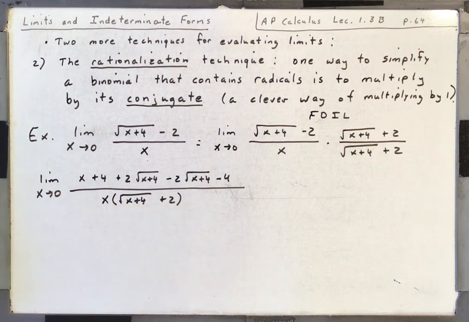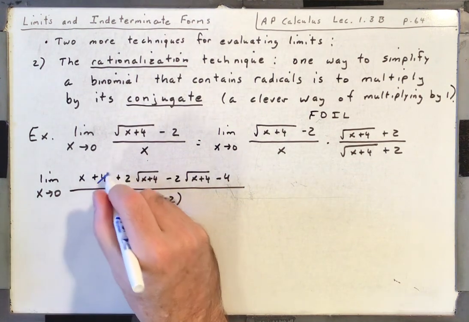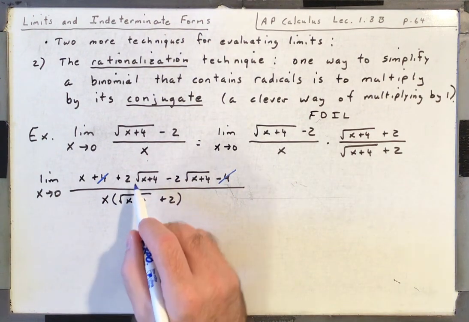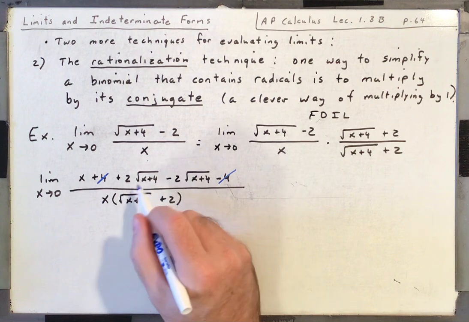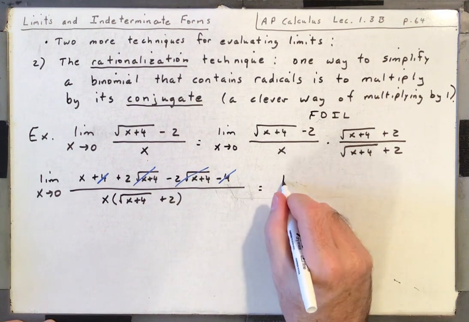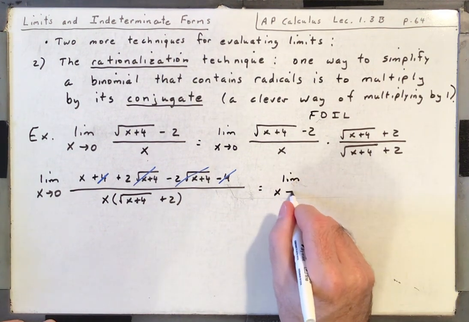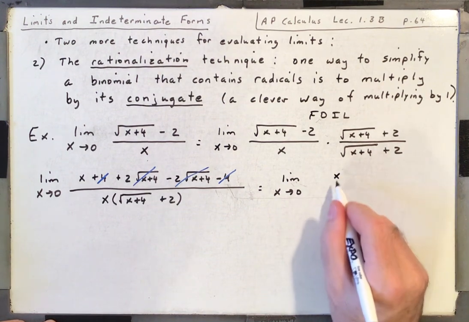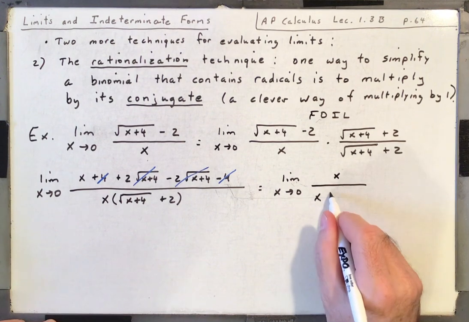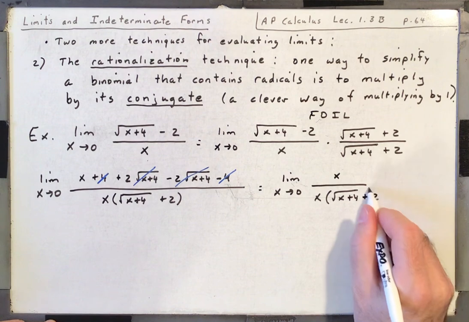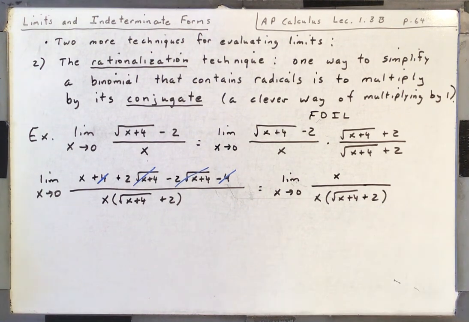So let's see what happens here. Well, the 4 and the negative 4 cancel. 2 times root x plus 4 and negative 2 times root x plus 4 cancel. That was the whole point. And all that is left, we take the limit as x approaches 0 of x, because everything else canceled, over x times root x plus 4 plus 2. Well, now we're getting somewhere,